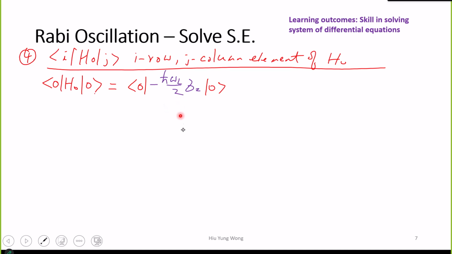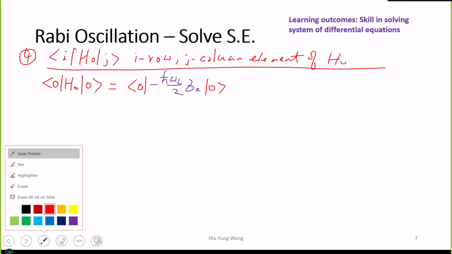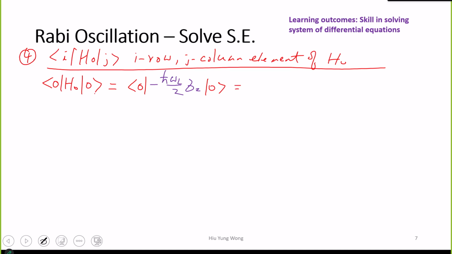You think something doesn't make sense? Given that I told you that H0 is equal to this. Right? It's okay? Just let me know anytime, right? You need to make sense out of this. So because of this, this is just equal to negative h bar omega L divided by 2 times 0